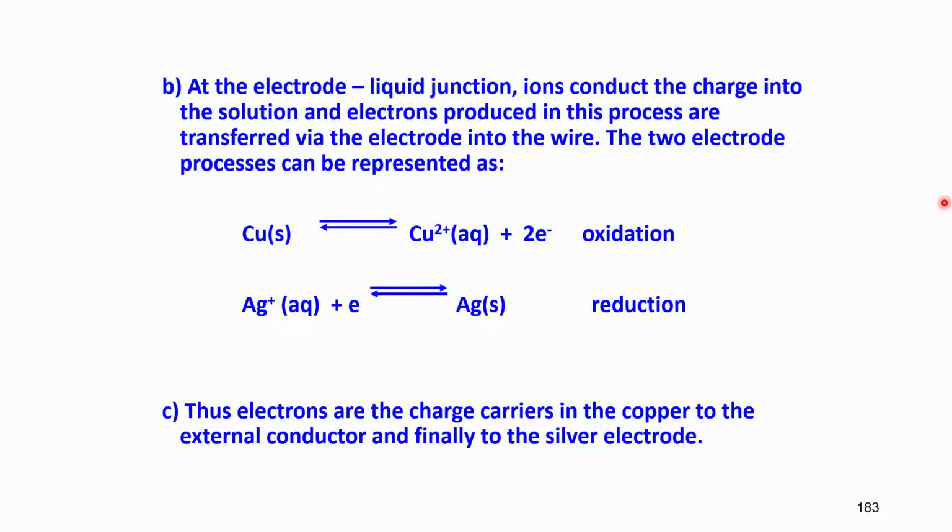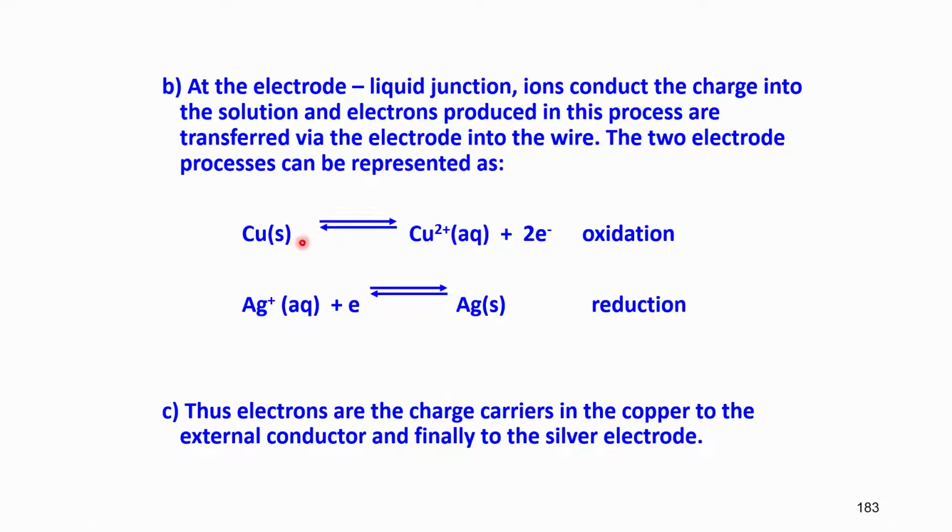Both of them can be equilibrium reactions so long as there is no current, and the equilibrium reaction is represented as copper sulphate, copper solid. We are not writing the anion part. Okay. So, if I write Cu(s) here, it is copper solid,